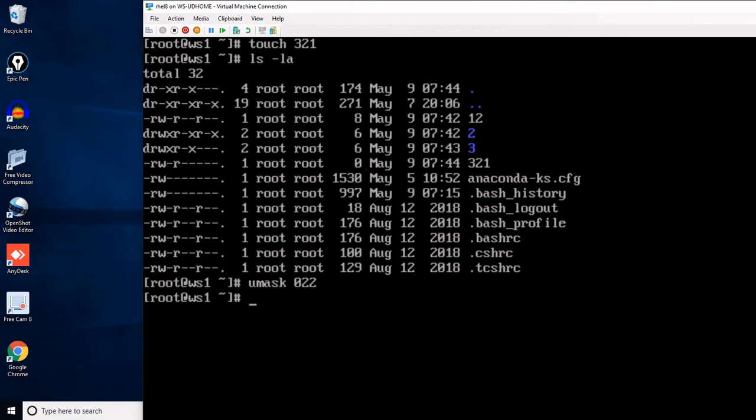Alright, so now we'll see how to set a default umask. You can check the umask with capital S also.